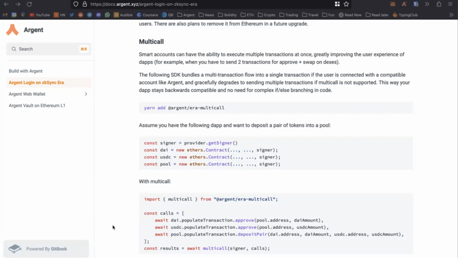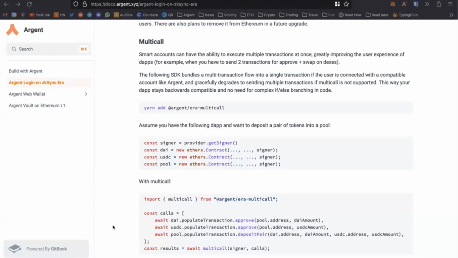But I think the main difference could be: are they able to show the user that this single signature actually does 2 approvals and 1 add liquidity? No, MetaMask doesn't support multi-call. I don't know if it was super clear in my demo, but MetaMask popped up 3 times and I had to do 3 transactions. Yeah, but Argent just once, right?